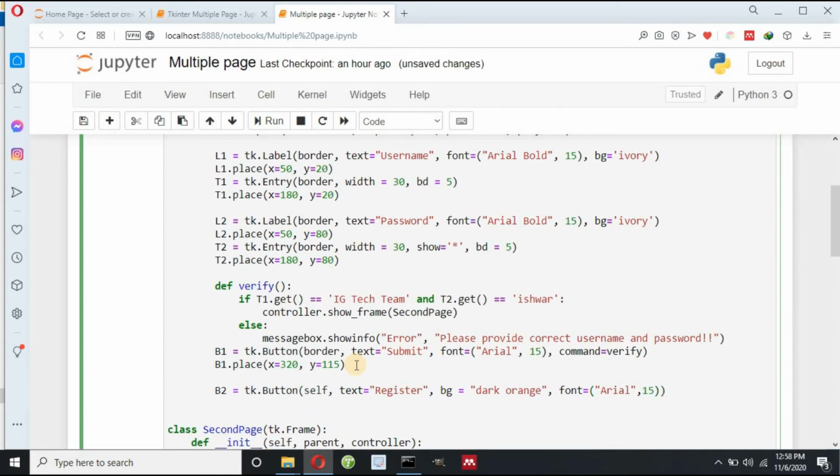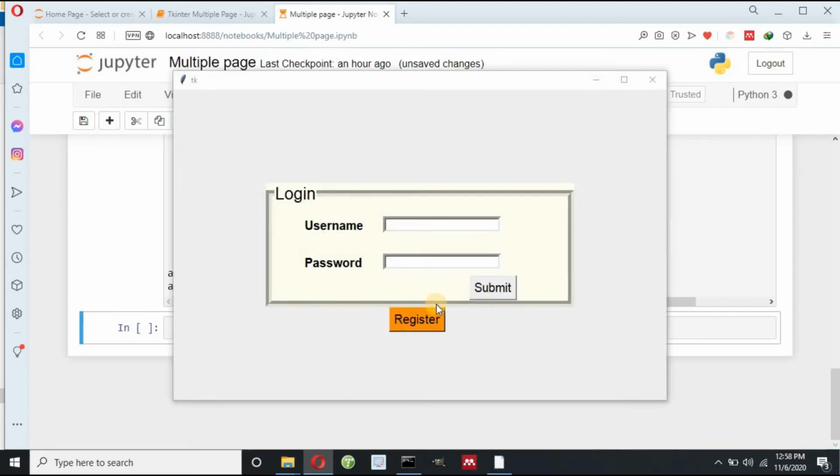Now I need to define position where this B2 should be placed. So B2 dot, I can use place method. Suppose x equals to 350 and y equals to also 350. If I press shift enter, so this is my register. Let me move this register to above part.